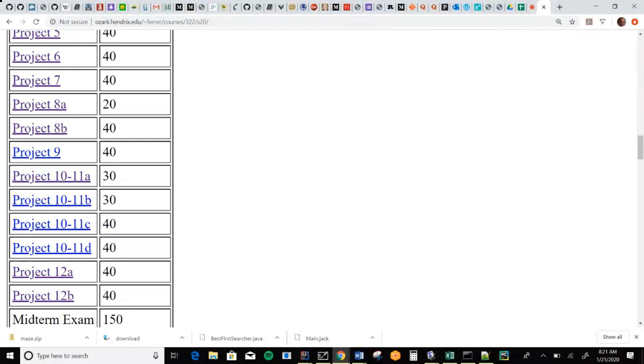With 10 and 11, I'm going to do a little bit of an experiment this semester. I think it's going to go a little more smoothly to actually combine 10 and 11 into a single giant 4-part project. And so we'll see how that goes. Basically, Project 11 was the Achilles heel of a lot of students in prior semesters, and I think this is going to make it go more smoothly. We'll see. And then Project 12, I break up into 2 parts.